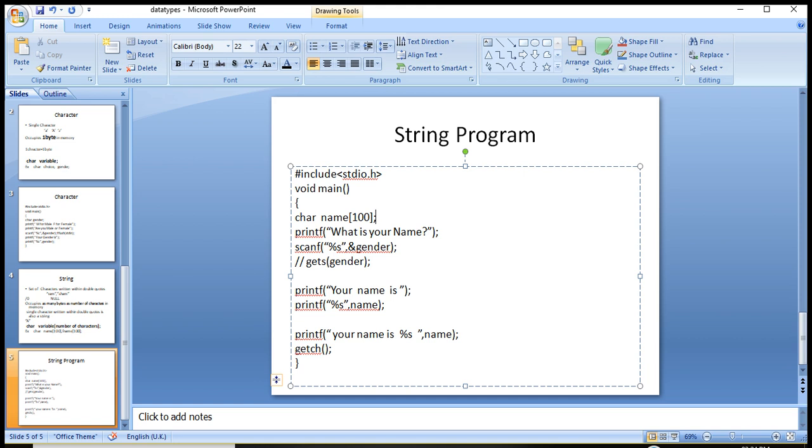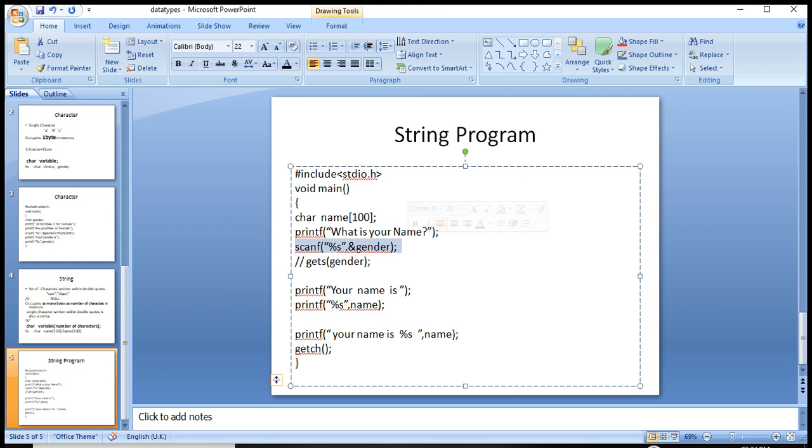Then we print the message your name is, then %s comma name. Sorry, not gender. Actually our variable name is name, so we will write name. It was wrongly written as gender.